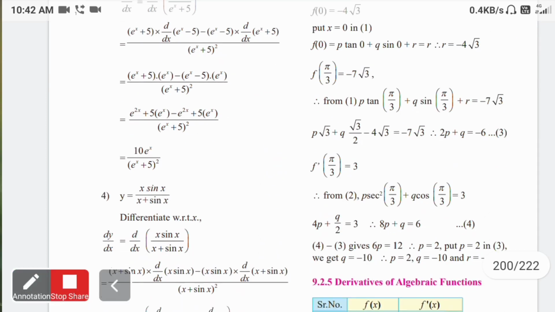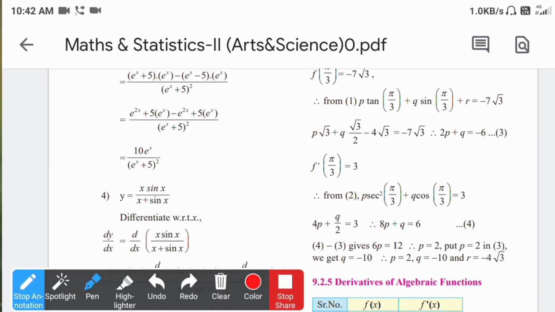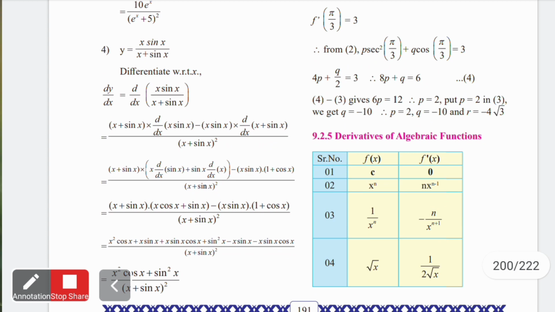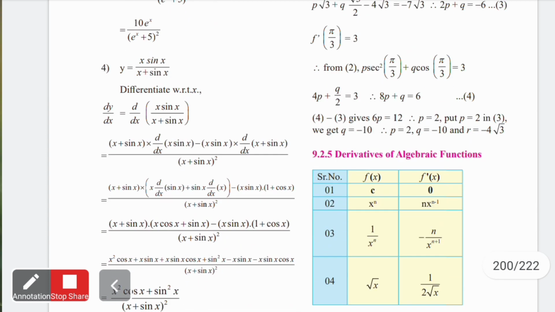So the next step is the simplification. For simplification purposes, you can use the various simplification methods. Here we have solved the brackets, two brackets are there. Simply we have solved that bracket, and we can see that two terms get cancelled out, this and this term. So finally we are left with e raised to x into 5 e raised to x. So overall we get the answer like this. Okay. So that is the third example.